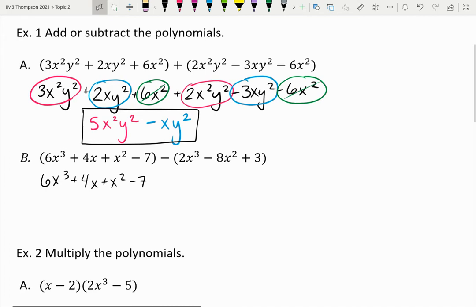But in the second polynomial, instead of having positive 2x cubed, a negative 8x squared, and a positive 3, when I subtract all of those, I'm going to change the sign. So instead, I'm going to have